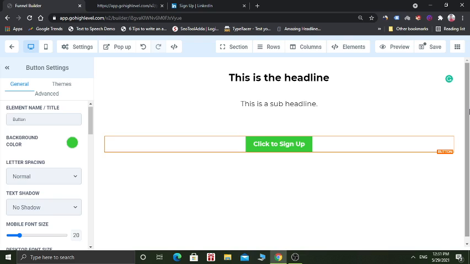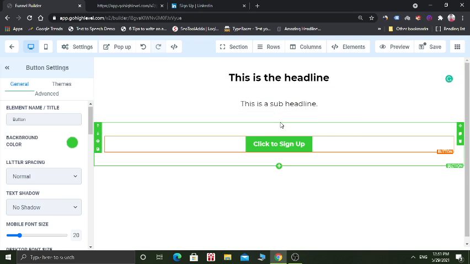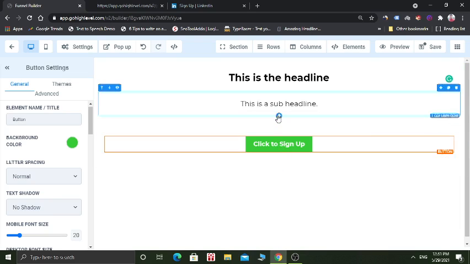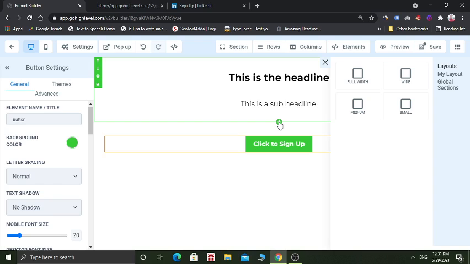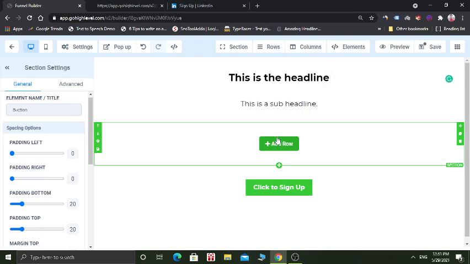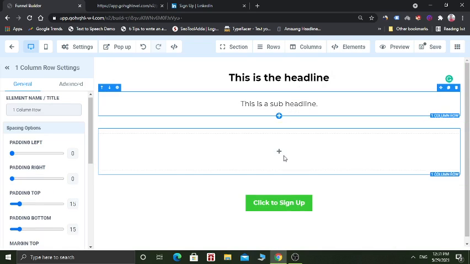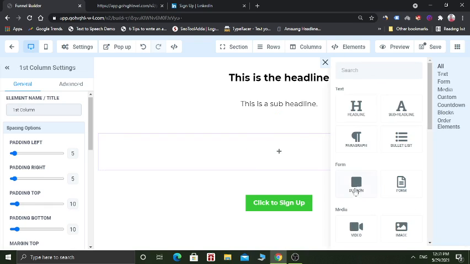Now you can add some more elements such as video and images. For this video, let's add a video file here. Click on one column and add an element as a video.